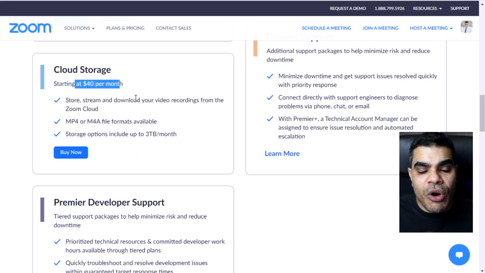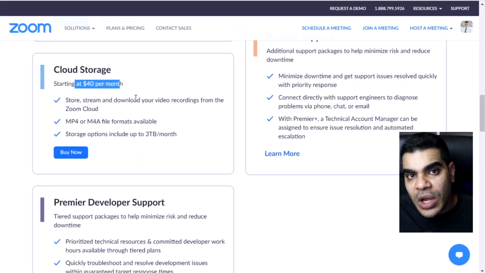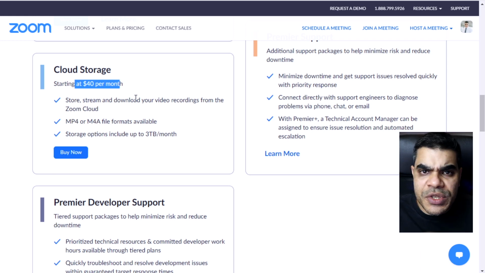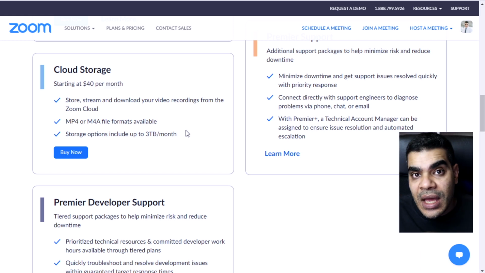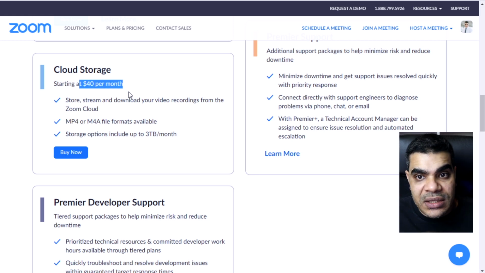But if you go over a little bit, let's say you go to 2 gigabytes because you've got 2 meetings sitting there, Zoom is going to send you an email that says, hey, you're over your limit. And as long as you download all of those files to your local computer, or you put it into Dropbox or wherever you want to put it, then you've got that backup. And so then you can clean out your cloud storage on Zoom, so you don't have to pay the extra 40.